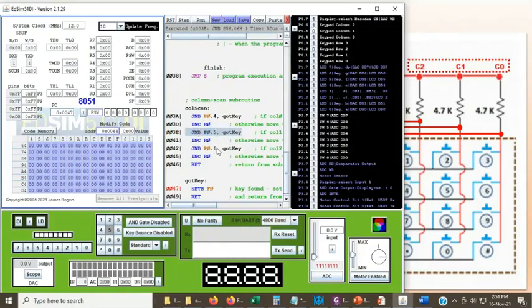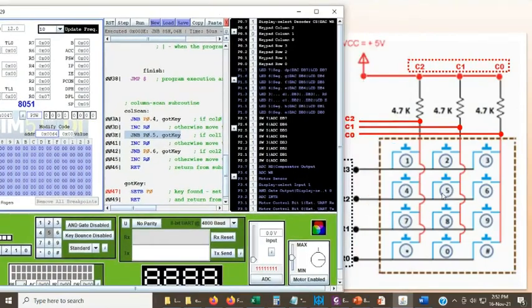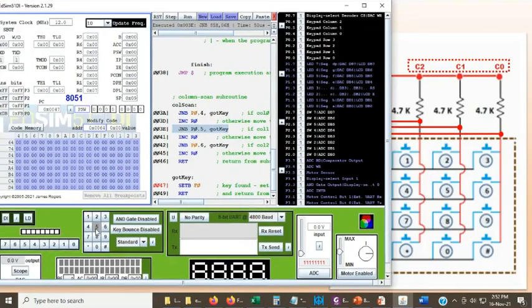That means this is low now. Why is this low? Because you see here, if I press key number 5, then this node here is low. Apart from that, R2 is low. So R2 and C1 are low.